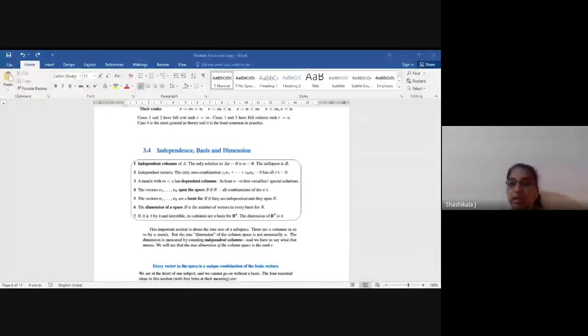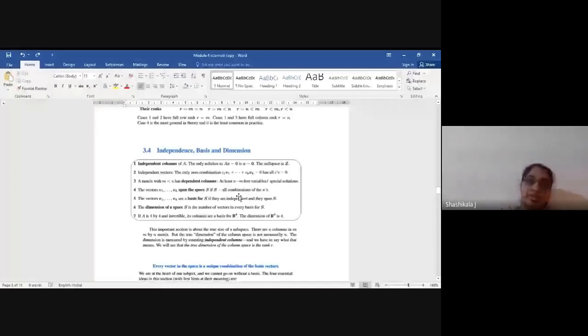I think you understood now. In this one, 1, 2, 3, 4, the first column and the second column are called the basis, because from those two I can construct any vector in the space R2. And in the second case, 1, 2, 2, 4, only the 1, 2 will form the basis, because the other one is dependent on this one. So if they ask you to find the basis, that depends on your pivot variables.